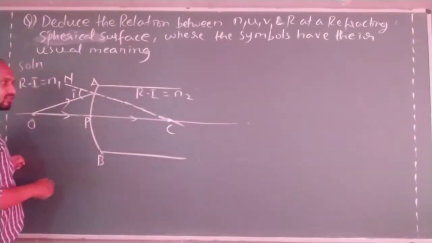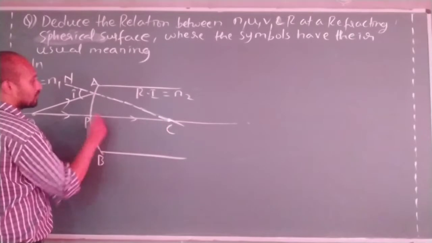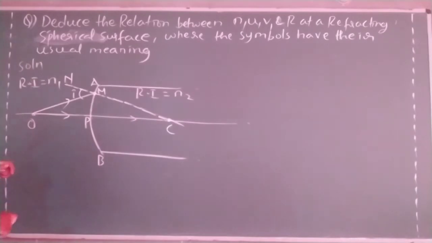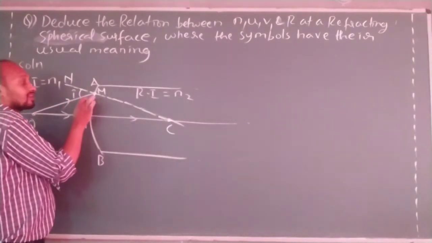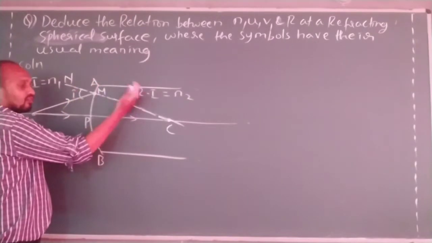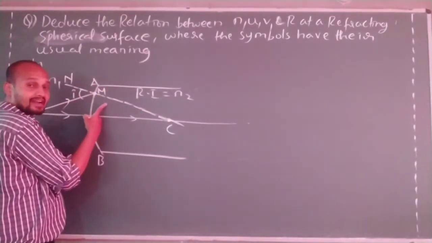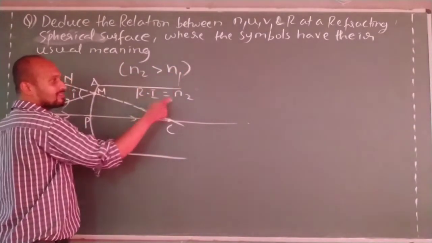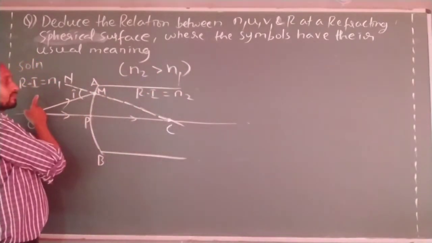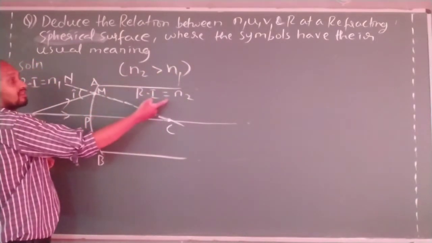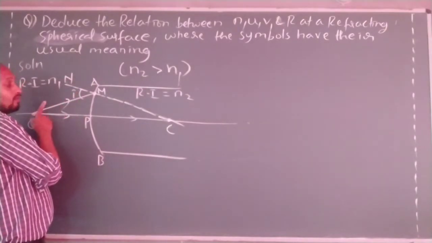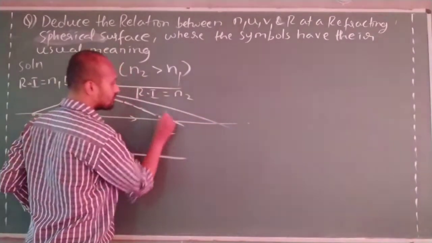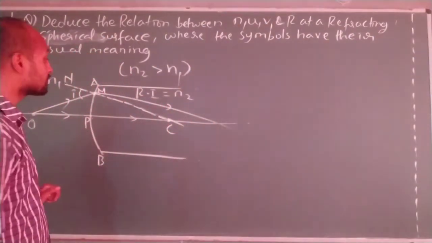This point is called center of curvature. This radius remains same. And let us take this point, we call it as M. Are you getting that? After the light ray passes through this refracting surface, we have studied that when light travels from rarer medium to denser medium, the light ray bends towards the normal.